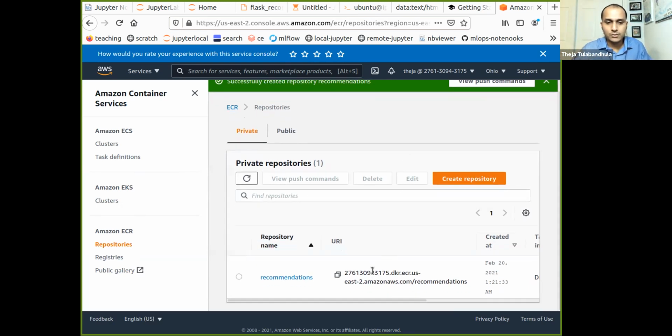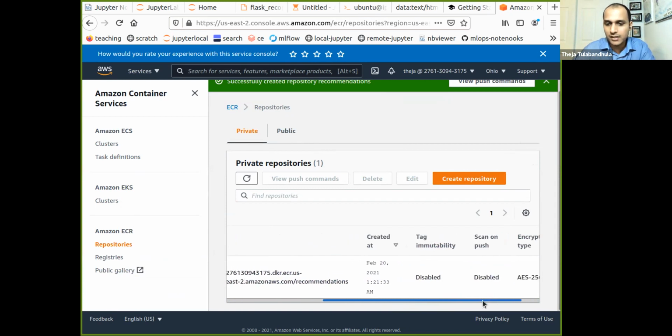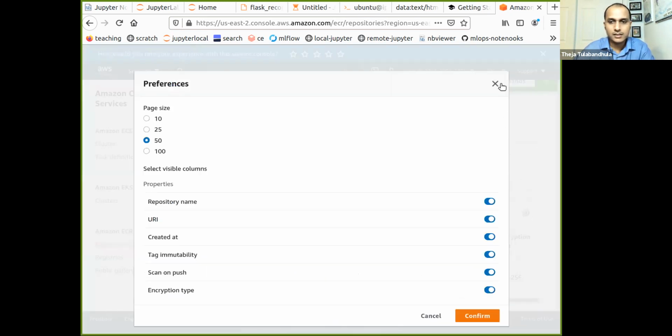Okay, so one nice thing is it actually tells you what commands to run next. So there are a few things here.